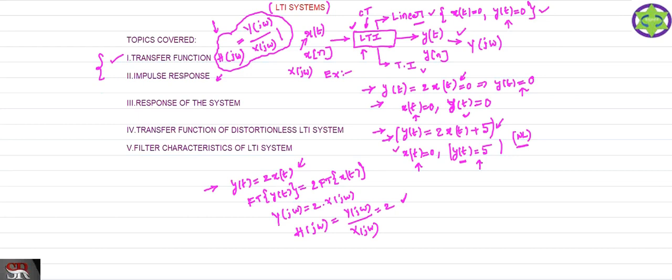Now when it comes to the impulse response, this is all about the transfer function. You already know the concept of the transfer function. Next, in the control systems, we use the Laplace transforms for finding the transfer function. So if you use the Laplace transforms, you will get the transfer function in the S domain, which is H of s equal to Y of s divided by X of s. This is your transfer function.